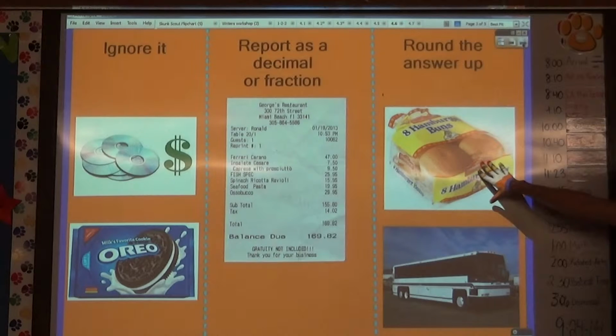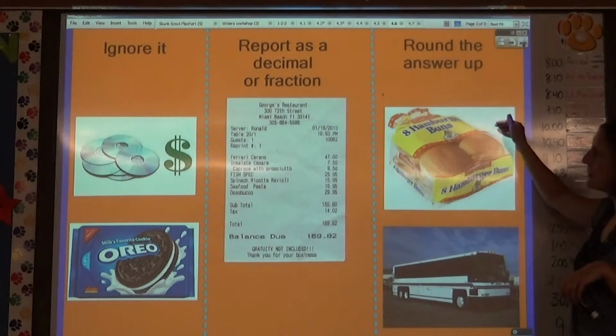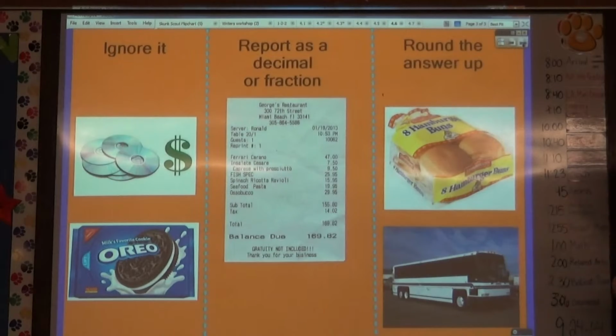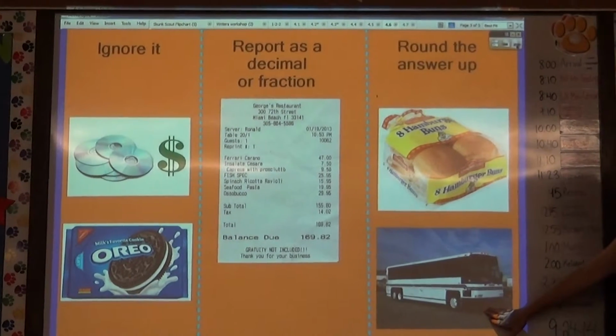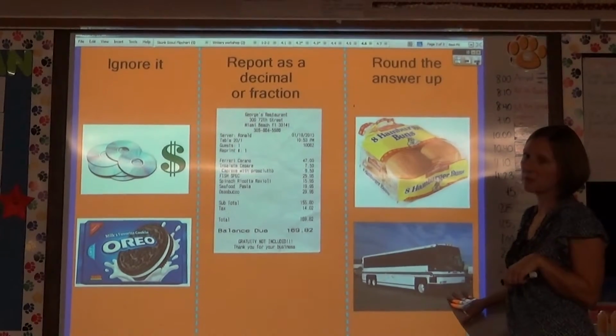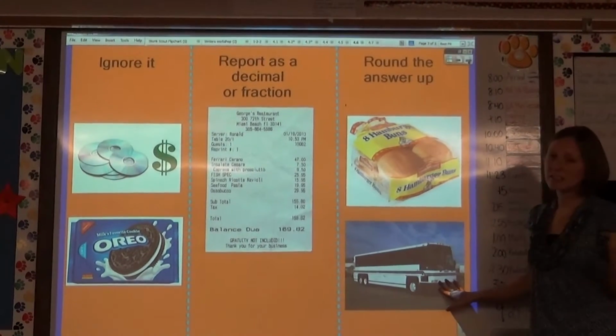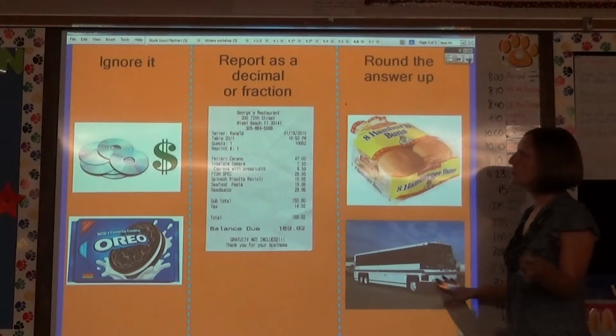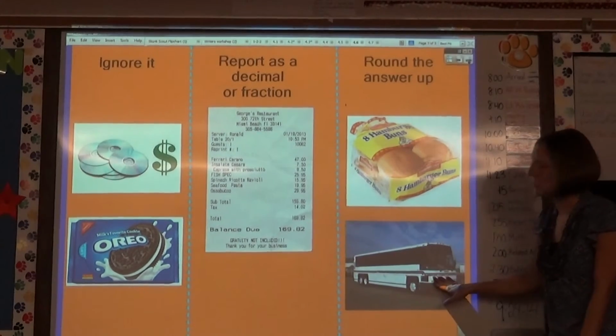And then finally, rounding up: if you were having a grill out and you had 20 hamburgers, but buns come 8 to a bag, 2 bags wouldn't be quite enough. So you need to round up to 3 bags to make sure you have enough for everyone. If you were getting on the bus and the bus could hold 50 people, but 63 were going on the field trip, you wouldn't leave the 13 behind. You wouldn't take a partial bus, but instead you would round up and take